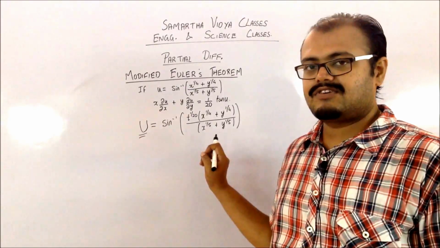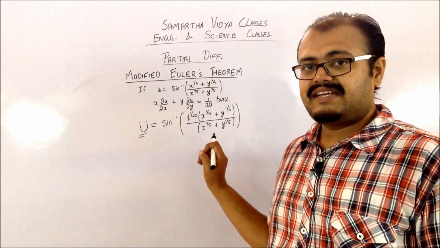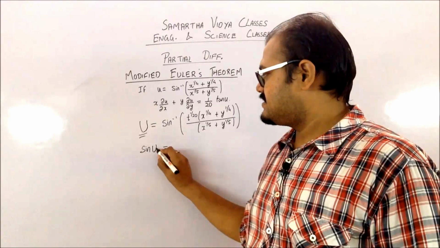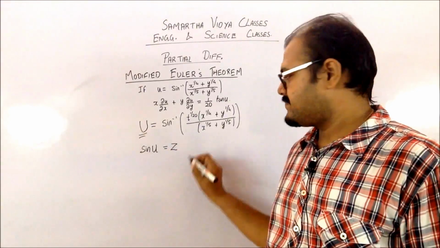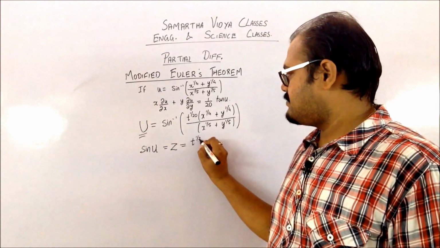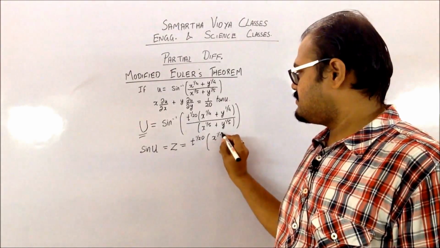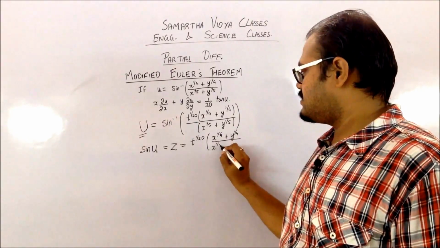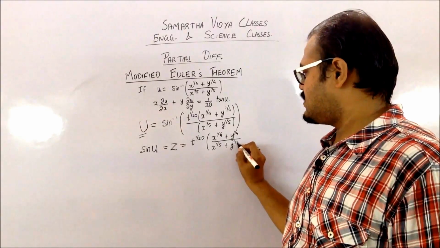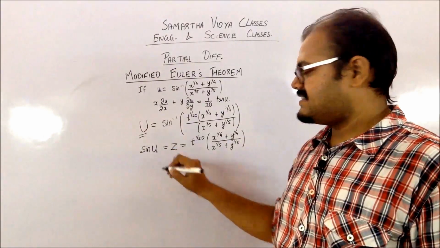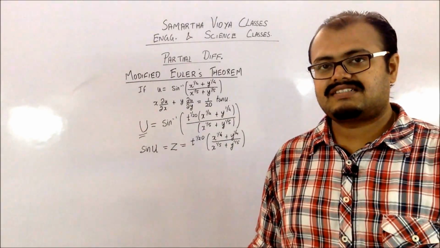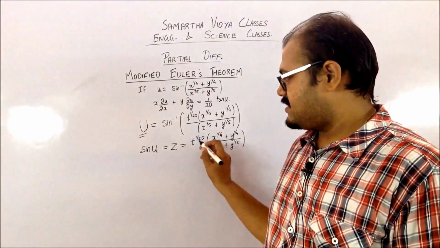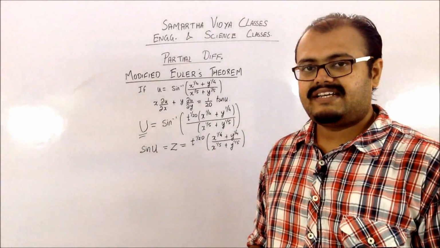because you are not getting your original function from here. But what you can do is represent this thing as sine u. Let us take this particular value as equal to z, which is equal to t raised to 1 by 20 into x raised to 1 by 4 plus y raised to 1 by 4 divided by x raised to 1 by 5 plus y raised to 1 by 5. So what you can see is that your z becomes a homogeneous function which is also a function of u. So the degree of this homogeneous function is going to be 1 by 20.